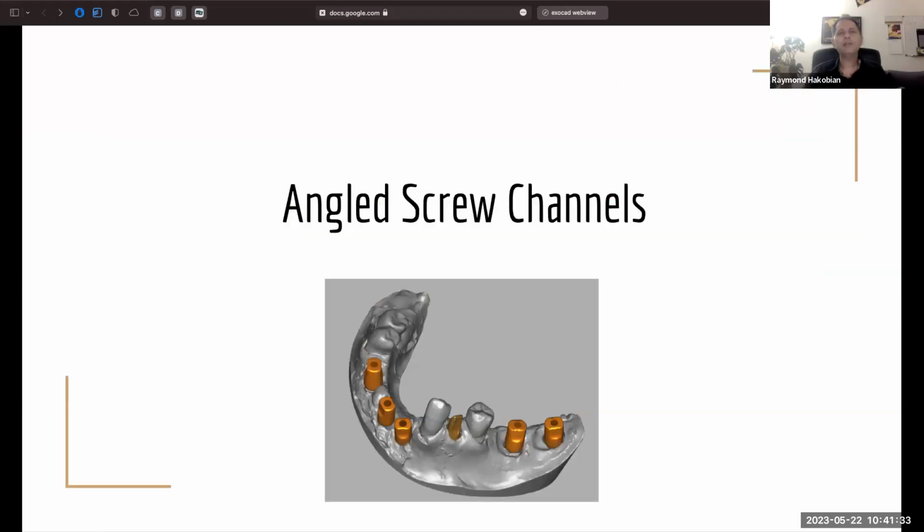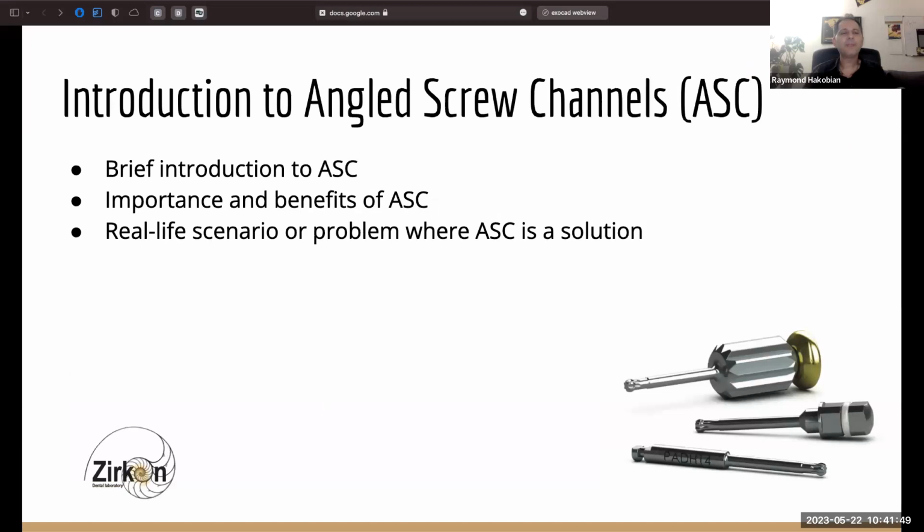I finished my shade matching lectures. I'm going with angled screw channels. So next we will go into the concept of screw channels, how it works. But before we move on with the next topic regarding the OptiShade, we